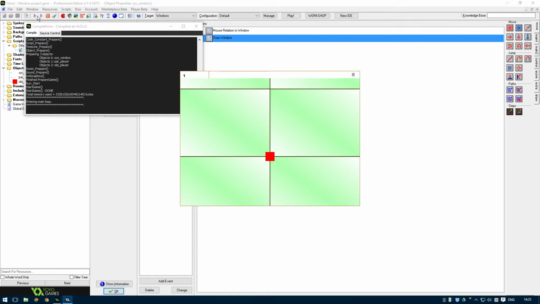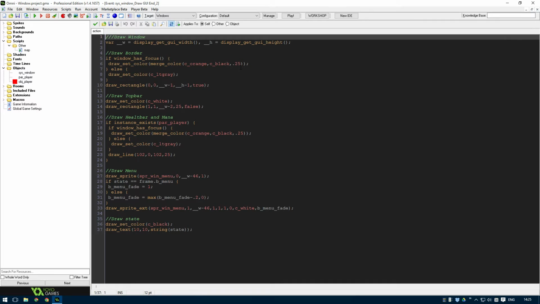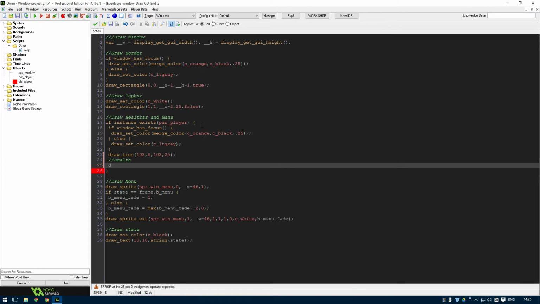Yep, because then we have room for both our health bar and manabar, and they should. So we can set health, draw, set color, merge color red and black, and point 5 maybe,